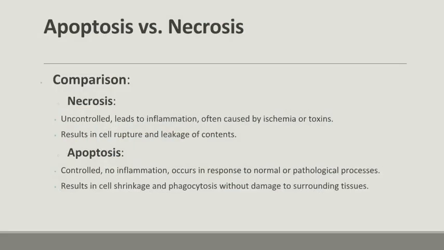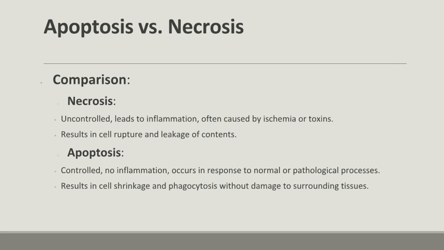Apoptosis versus necrosis. Speaker notes. Necrosis. This process is uncontrolled and usually caused by ischemia, toxins, or trauma. It leads to inflammation, and the cell ruptures, releasing its contents into the surrounding tissue. Apoptosis. Apoptosis is a regulated, controlled process. It doesn't cause inflammation, as the cell fragments are cleared by phagocytes without damaging surrounding tissues. On comparison, this slide will help you clearly differentiate between necrosis and apoptosis in terms of their mechanisms, outcomes, and